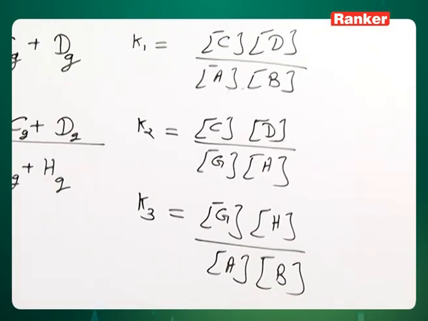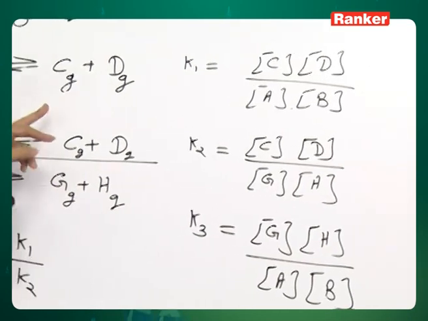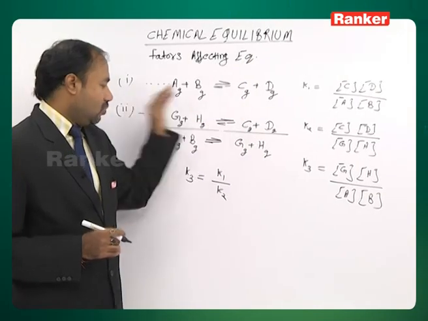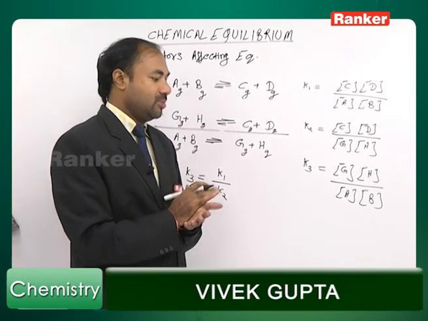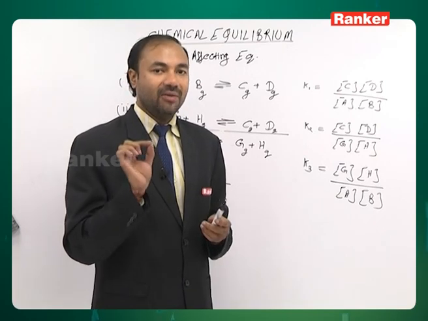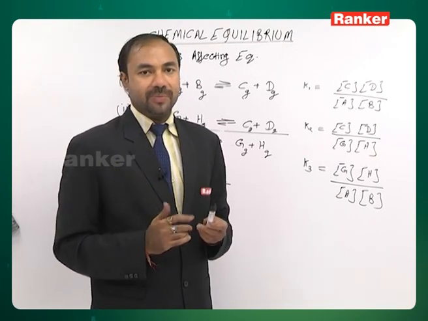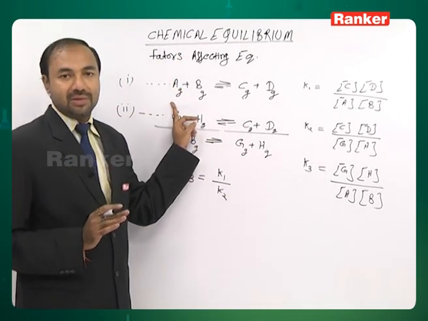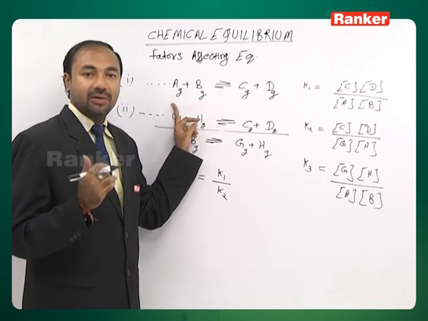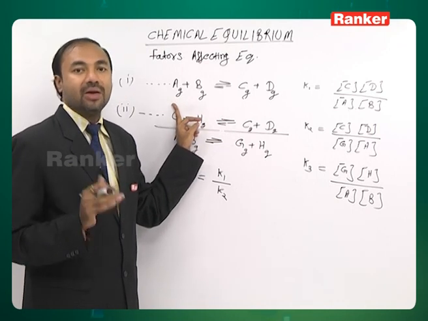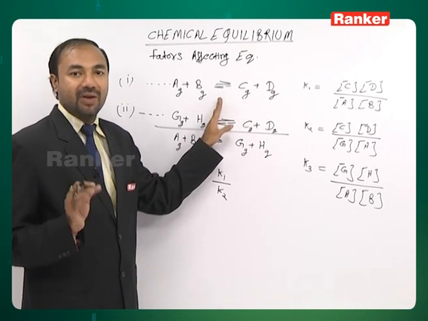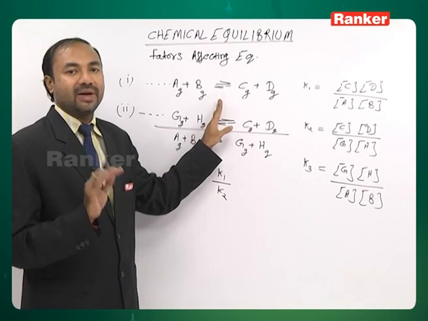Okay. So what we are doing basically, if you subtract two equilibria to get a third equilibrium, the equilibrium constants get divided. One thing you remember here, whatever you do with the equilibria, whether you are multiplying or dividing the equilibrium constants, remember one thing, it is the value which changes, not the concentrations. Concentrations eventually come out to be exactly the same, whether you multiply that equation by 1000 or 10 or 100. Even if you divide by 1000, finally the state of equilibrium attained will be exactly the same. There will be no difference whatsoever at all.